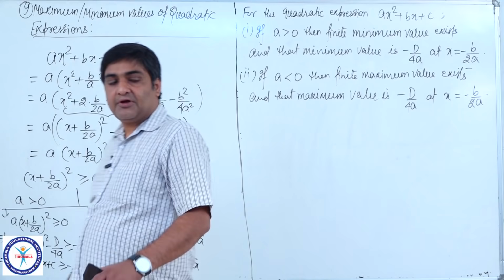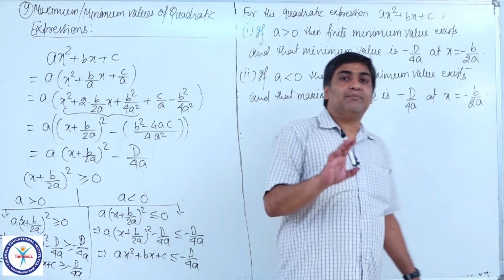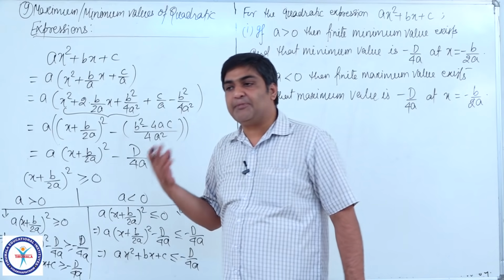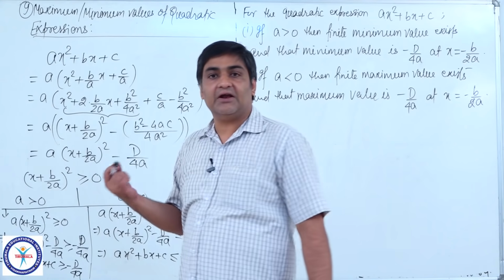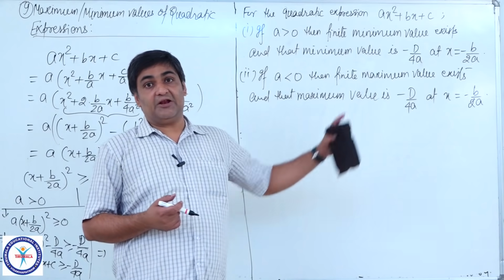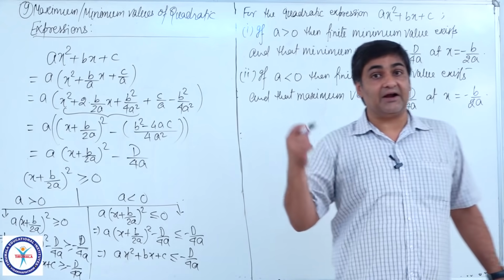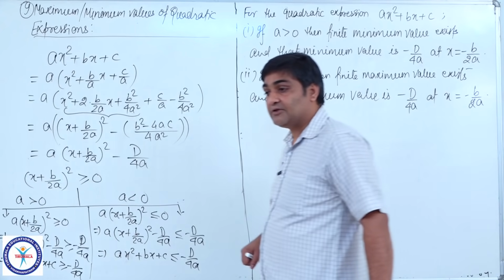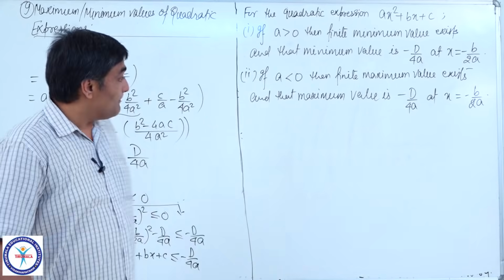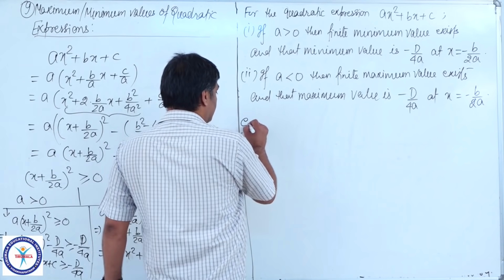The formulas are the same. Minus D by 4a is either the maximum or the minimum value depending upon the sign of a, whether a is positive or negative. And that minimum or maximum value of the expression is attained when the value of x is minus b by 2a. For example,